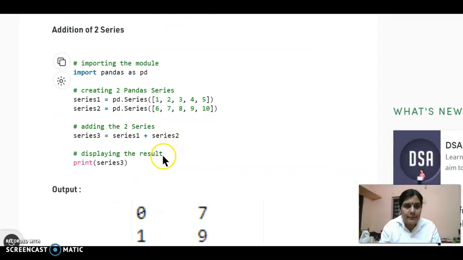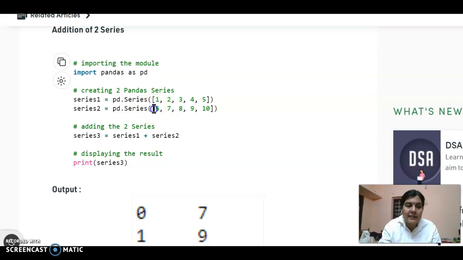Let's look at an example. Here we are using two series, series 1 and series 2. In series 1 there are 5 elements and in series 2 also there are 5 elements. If we are adding these series, then series 1 plus series 2 takes place and the result will be at the 0th position 1 plus 6.